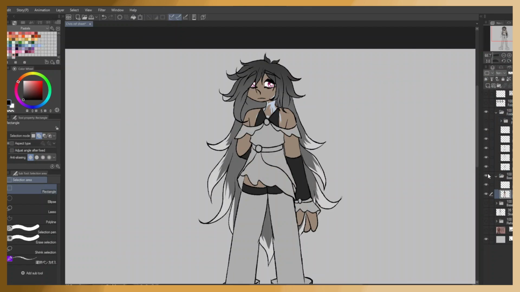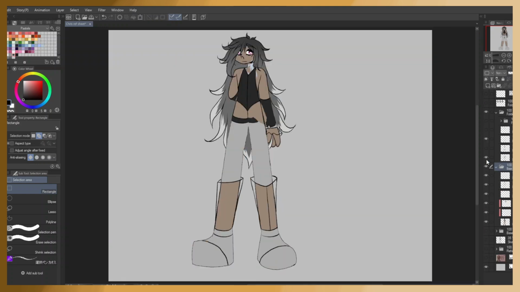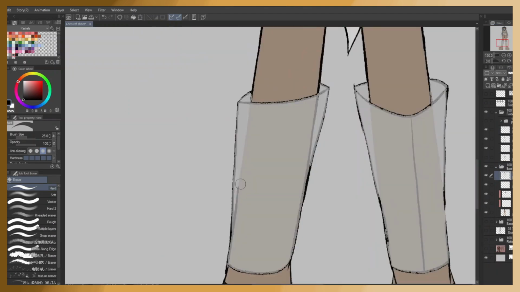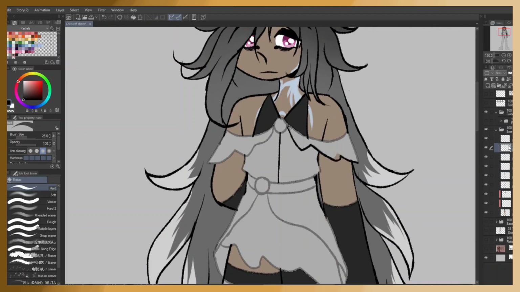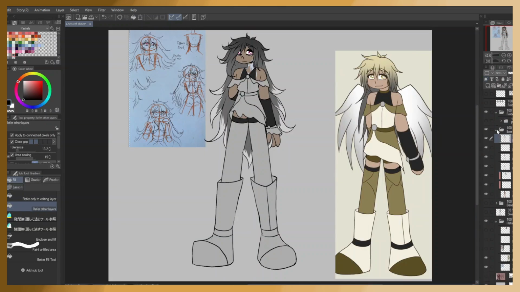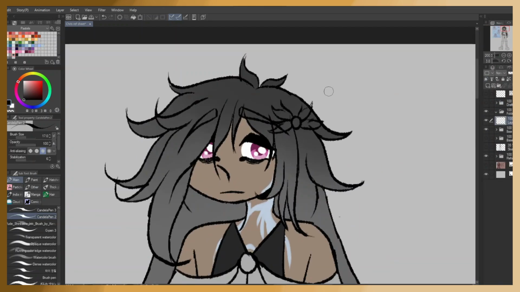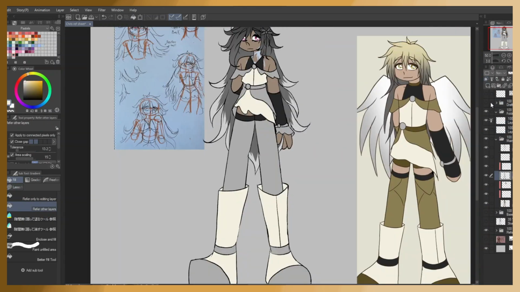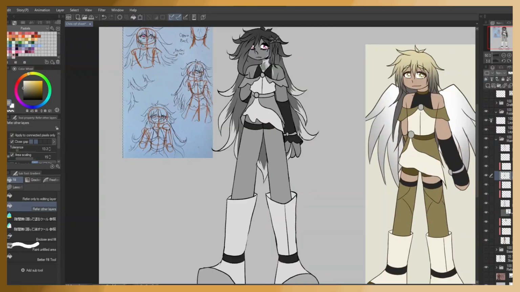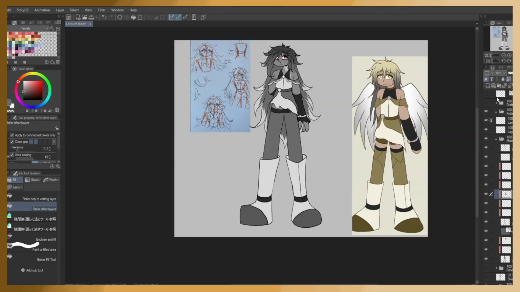With that in mind, I changed his hair color to be completely gray, being slightly darker at the top and having these sharper stripes of light gray at the bottom. Originally, I wanted to make his hair look like bird feathers, but I just couldn't figure out how to draw that and make it look good. I'm really happy with this though, and I also think the feather hair would have just been a bit too